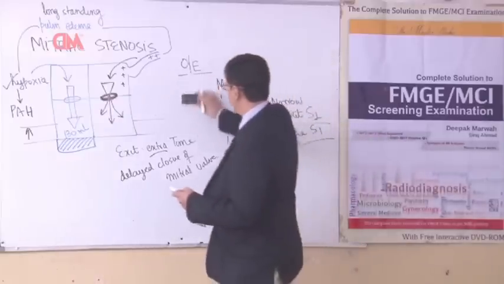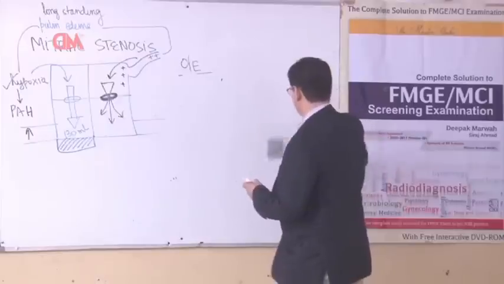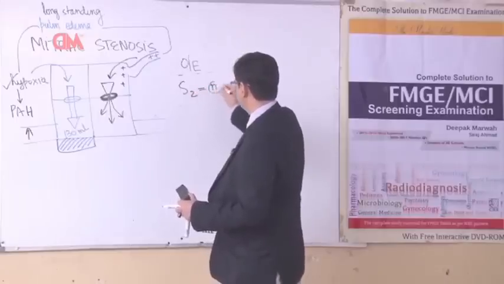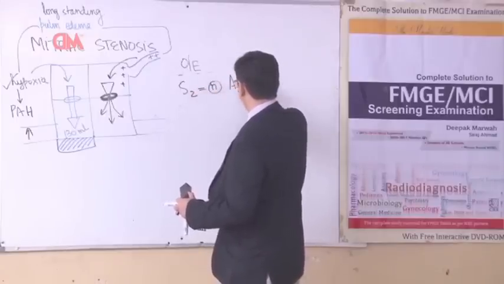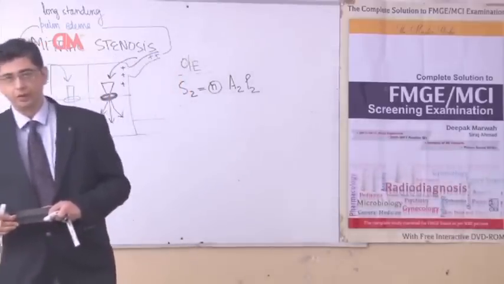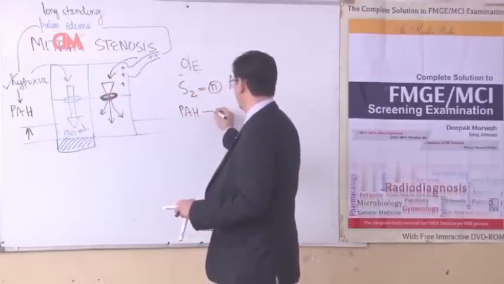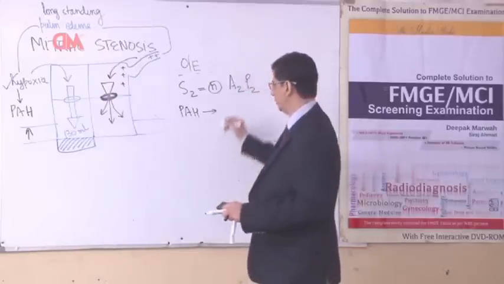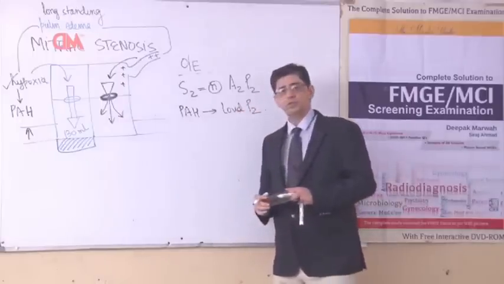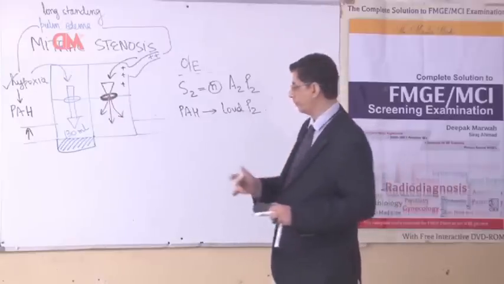Let us look at what happens to the second heart sound in these patients. In patients of mitral stenosis, mostly the second heart sound will be normal. This is because the second heart sound deals with aortic and pulmonic valve closure, and in these patients the problem is in the mitral valve, so S2 will not be affected. However, if pulmonary artery hypertension develops in the patient, it will contribute to development of a loud P2. So most of the time S2 is normal, but if pulmonary artery hypertension develops, then a loud P2 will be an auscultatory finding.